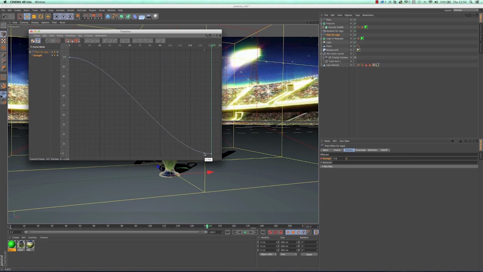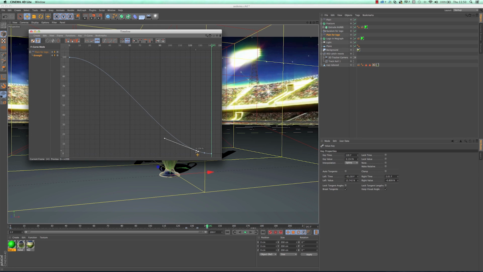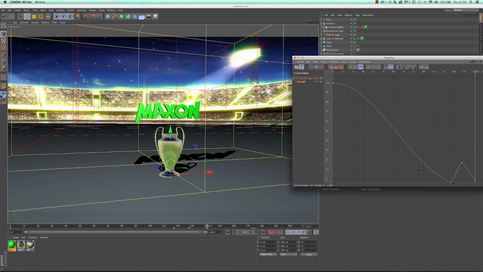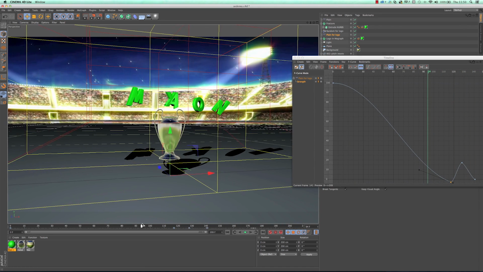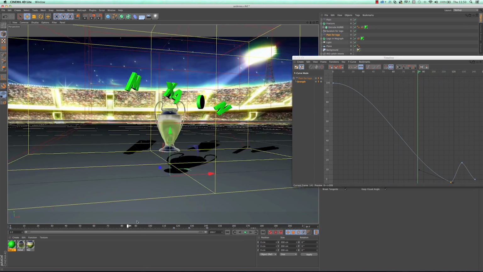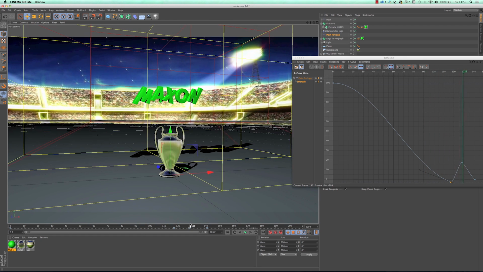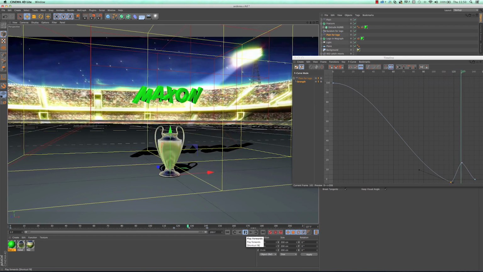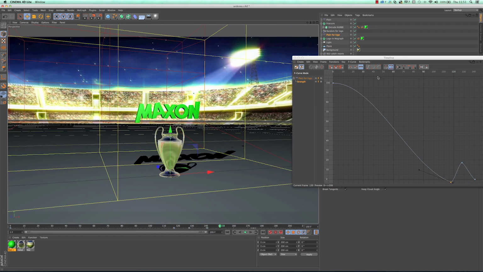So I could add points. If I just add some points quickly just so you can see that my change does something, and then if we hit play again, we see we're getting this weird effect. And we might need to play with the seed values to get this looking right again. But you can see I'm getting that. And then I can tweak that further.